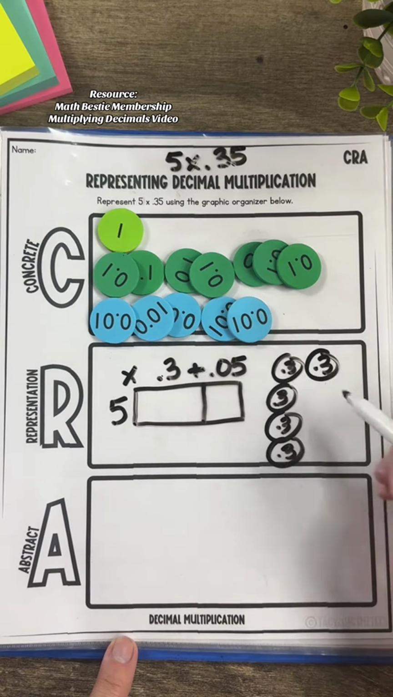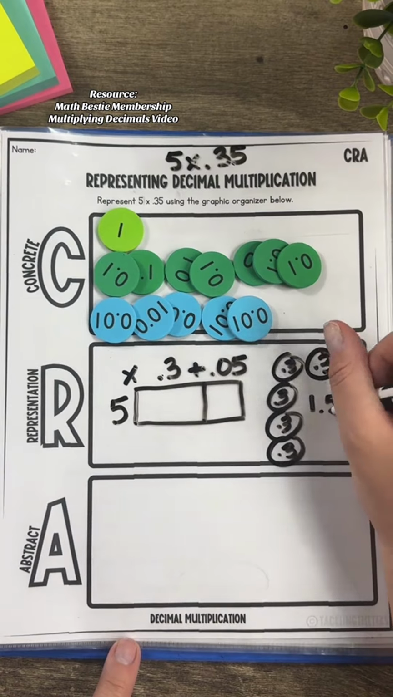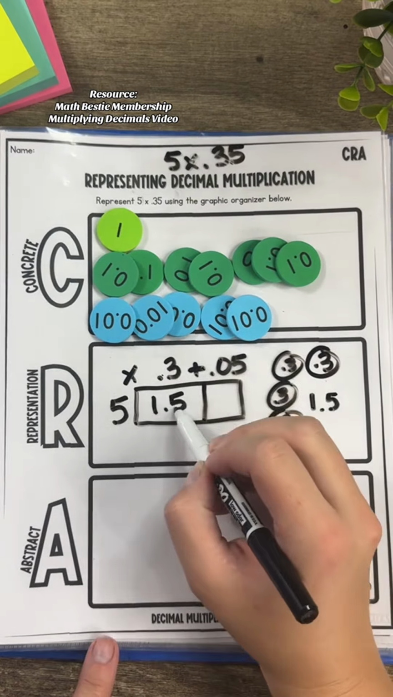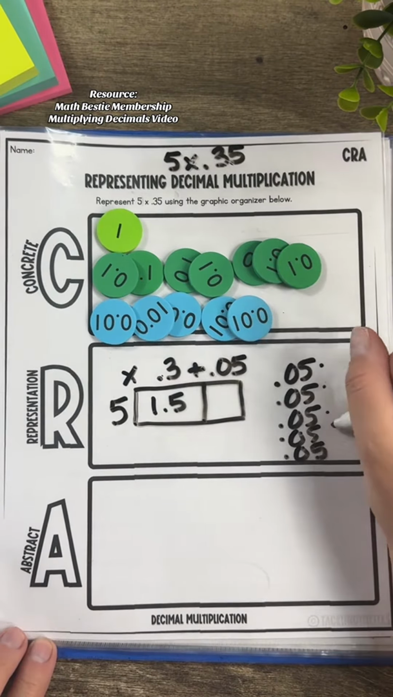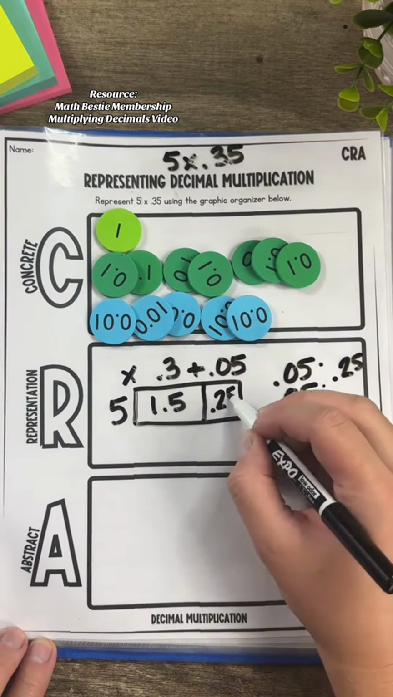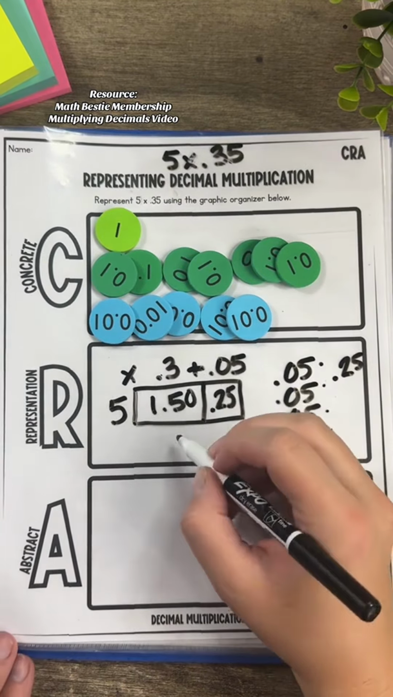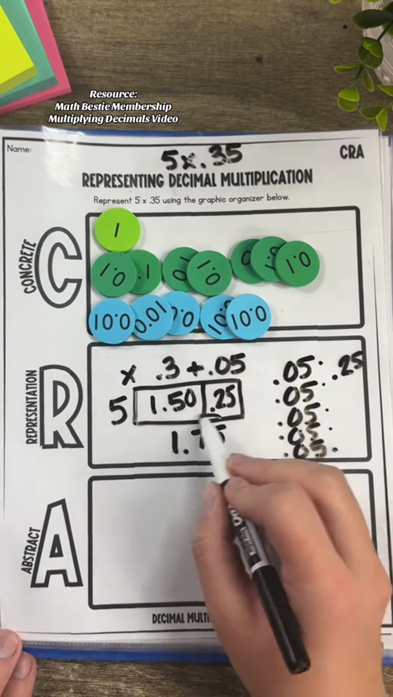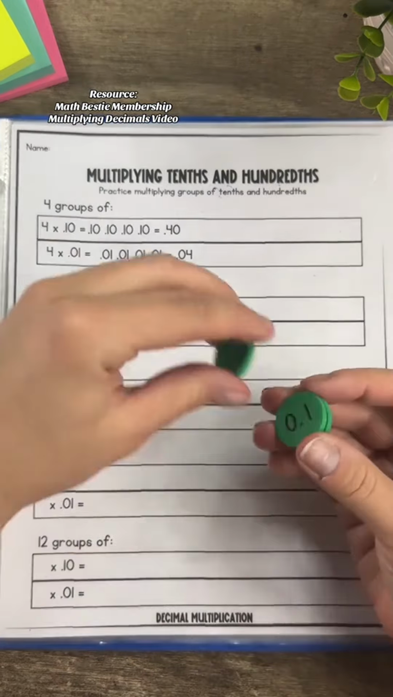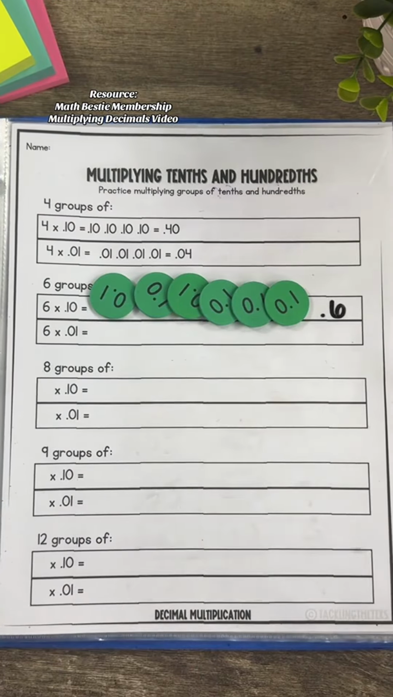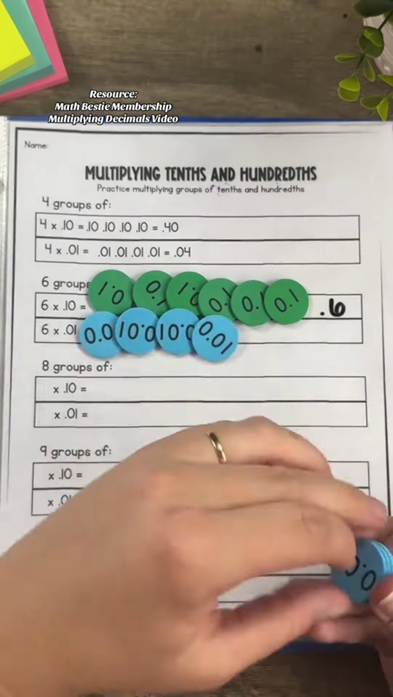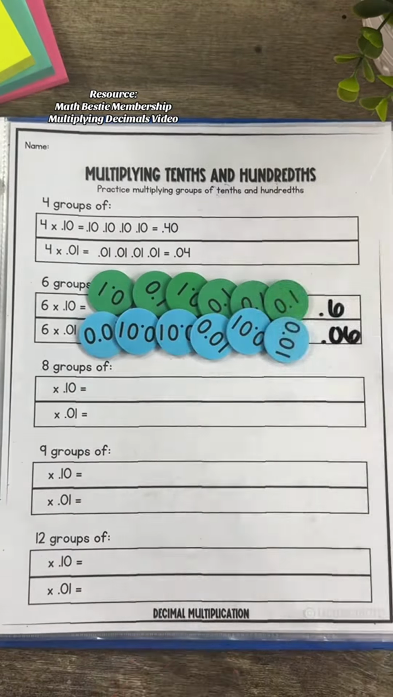Here I see that 5 groups of 3 tenths does equal 1 and 5 tenths. By emphasizing place value when using the area model, it's helping students with their decimal placement. So 5 groups of 5 hundredths does give me 25 hundredths. Also, have your students practice showing certain groups of tenths and hundredths. Doing this will help students understand that when we're multiplying numbers with decimals that are less than 1, the product